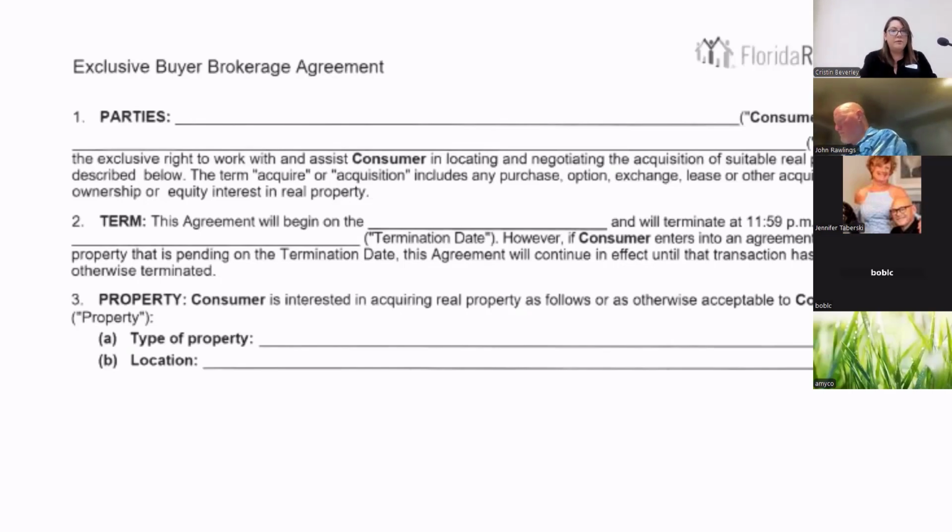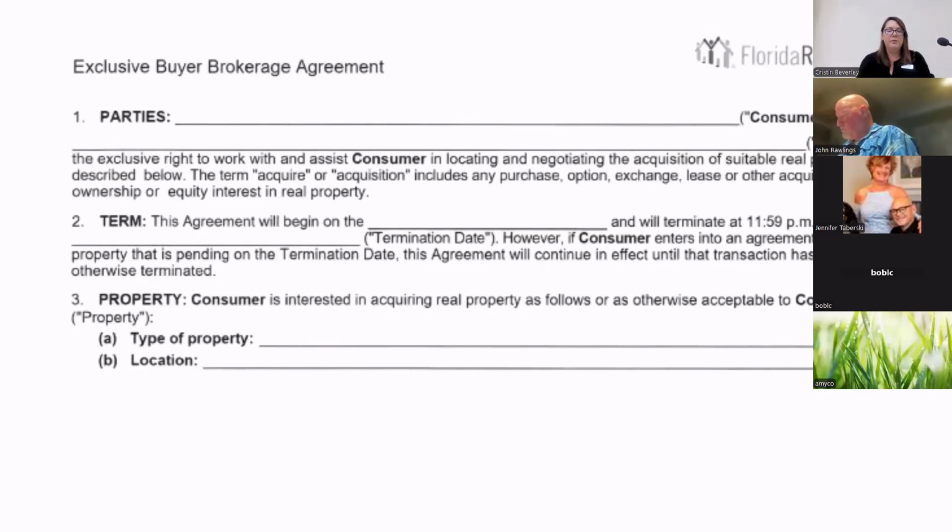The other ones are available in Form Simplicity and Transaction Desk, so you can go ahead and take a look at those if you'd like to. Basically, it's just a separate page with that Florida Statute 475 information so people understand what the relationship is. I did send these documents to you as an attachment with your Zoom link, so you should have them. Hopefully you were able to print them out and take some notes,